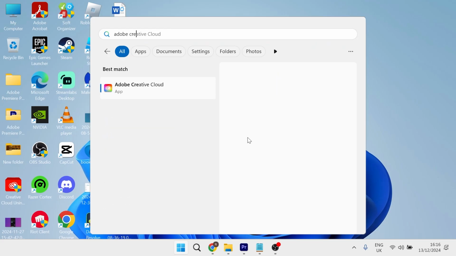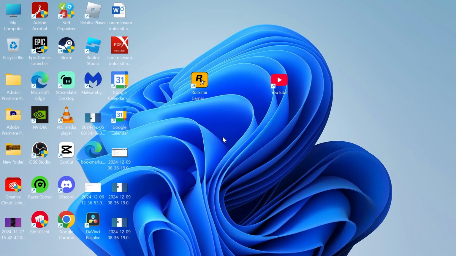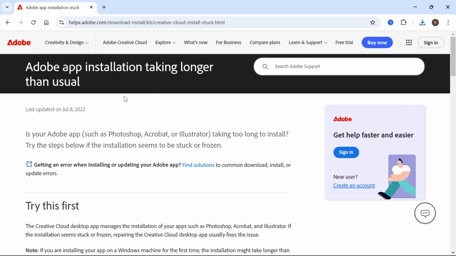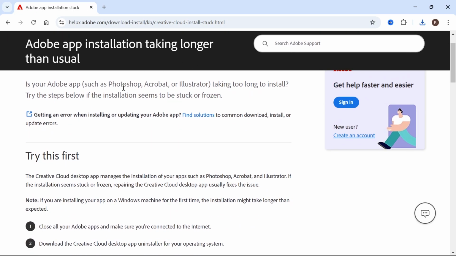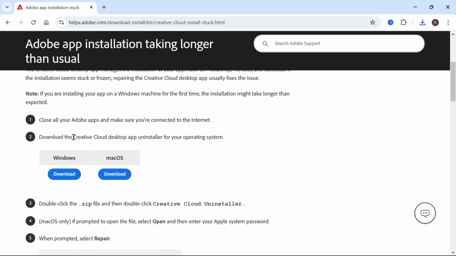Now, once you've gone through both of these steps, you can then check to see if the Adobe Creative Cloud is opening. If it's still not working, the second method to fix this is by heading over to this website here. Now, what I'll do is I'll leave a link to this in the video description so you guys can come directly over to this web page, and then what you need to do is scroll down until you see